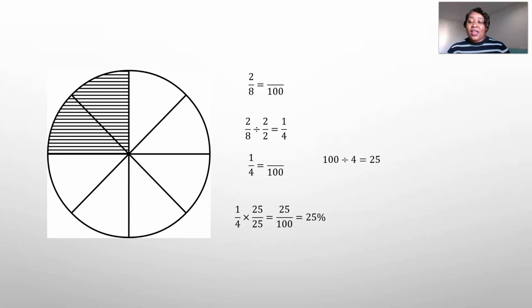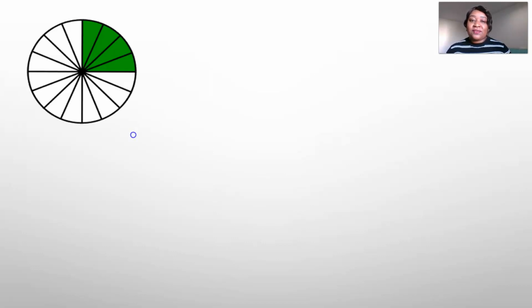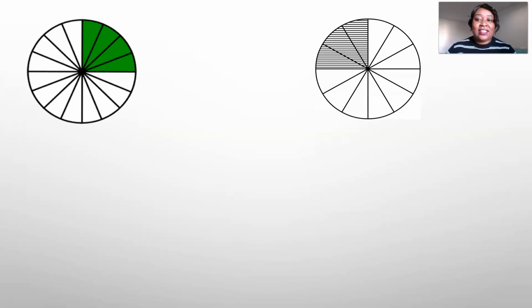So I'm going to ask you to pause the video again and try these two fraction circles. The first one is 4 out of 16, I believe, and the second one is 3 out of 12. Yes, 3 out of 12. So I need you to try and do the same thing that I did. Feel free to go back, but don't go ahead to check the answer. Go back and see how I did it. Then you can try it on your paper the same way. So the first one,